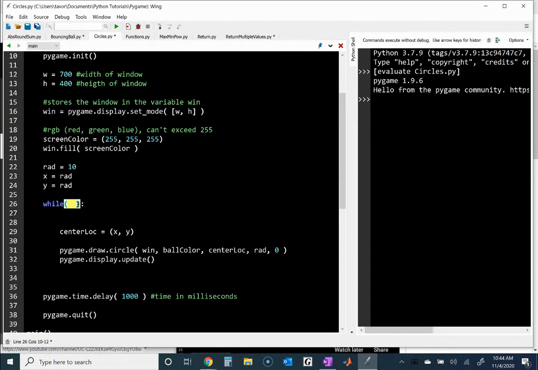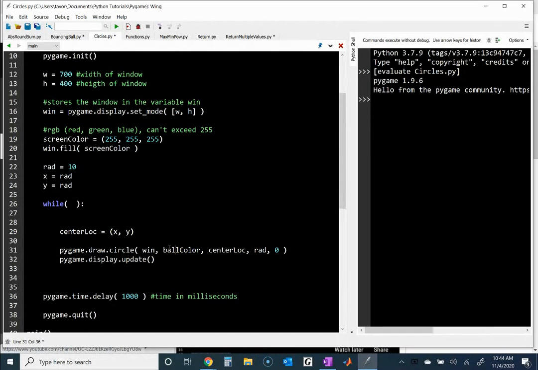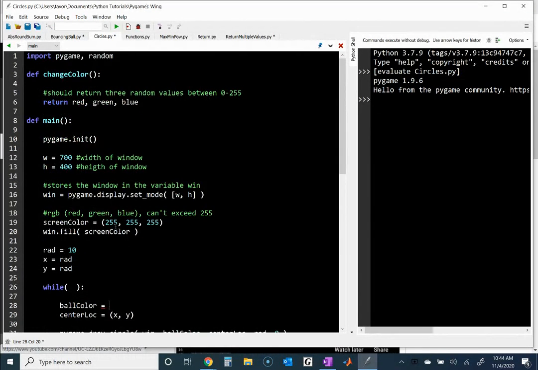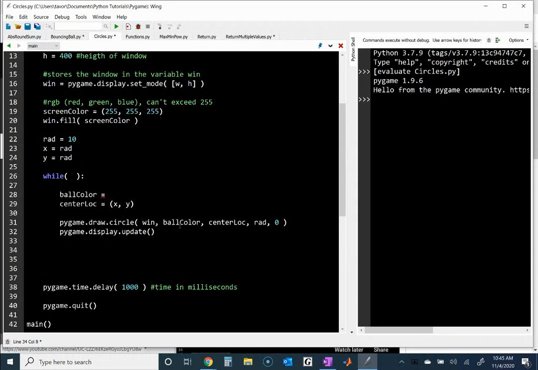There's the x, the center location. Notice that I have not actually made the ball color here, but you need to make the ball color. You need to say ball color equals what? However, if you've done this from the previous assignment, you kind of have an idea of how to do this. You should use the change color function. You draw the circle. You then update your display so that the circle shows up. And then here is where you need to update the x coordinate